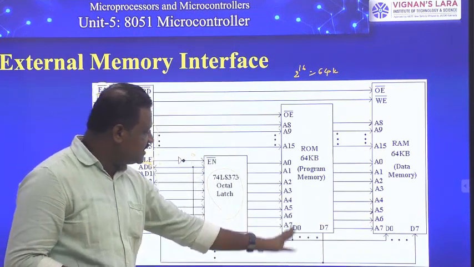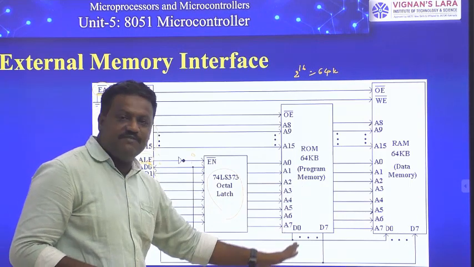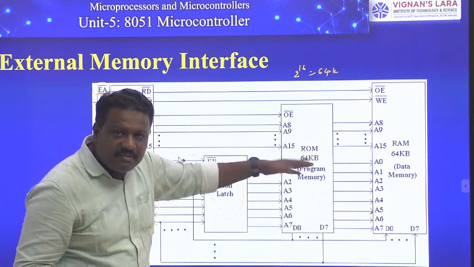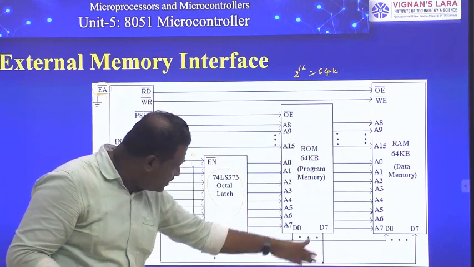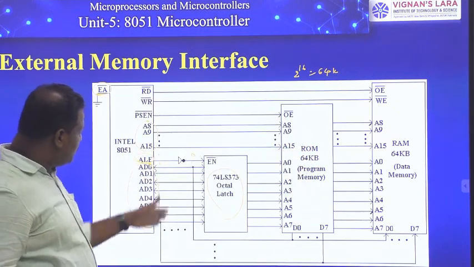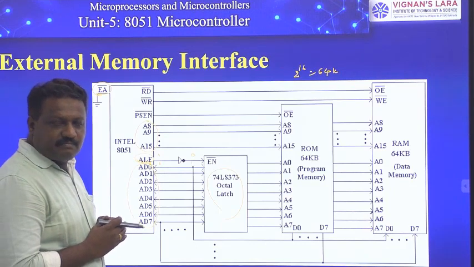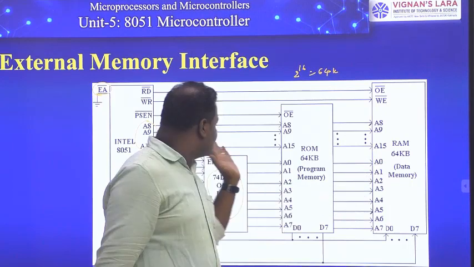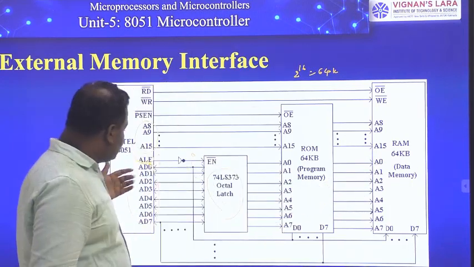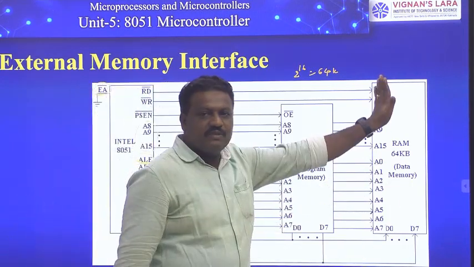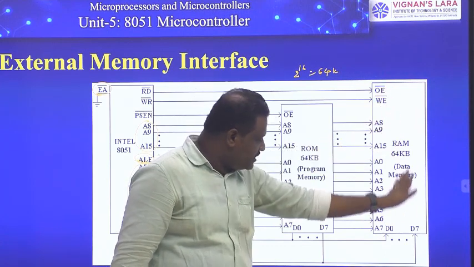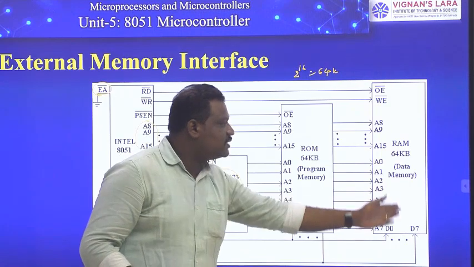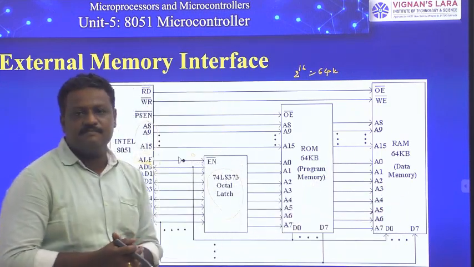One thing here is that the direction of the data lines is not the same for both. For ROM we always do only one operation, that is, we always read something from it, and the read data goes to the controller like this. But coming to RAM, we can do both read as well as write. If you are sending something from the controller to this, the path is like this. Once you are reading something from this, the data goes like this. So here the direction for RAM is bidirectional.